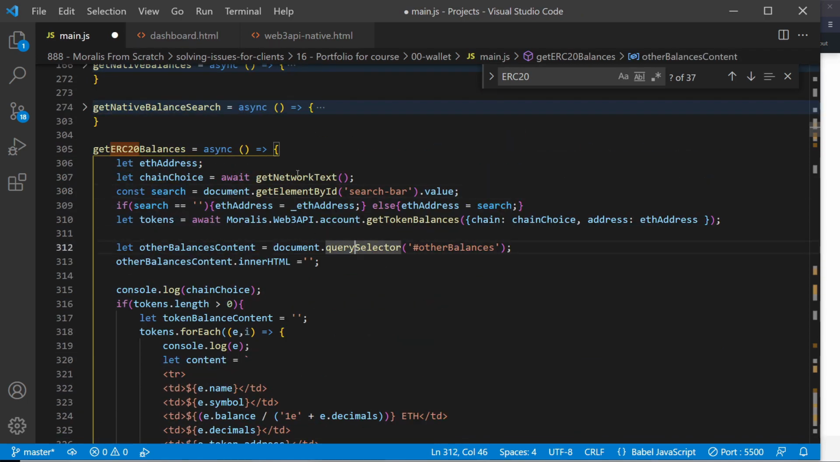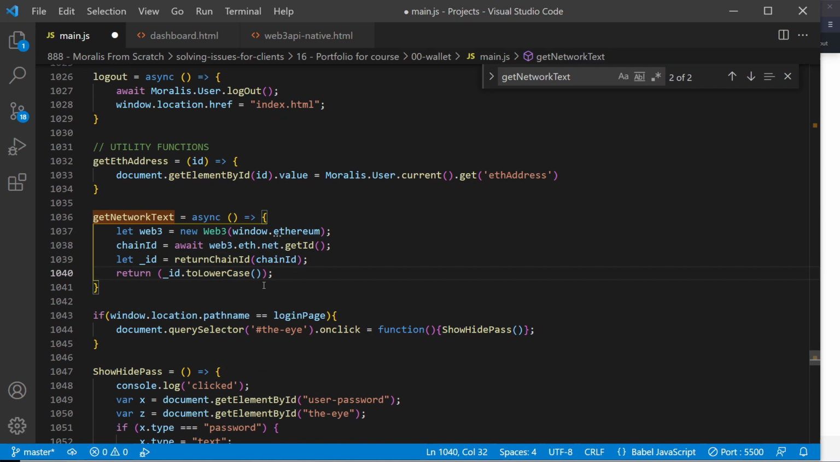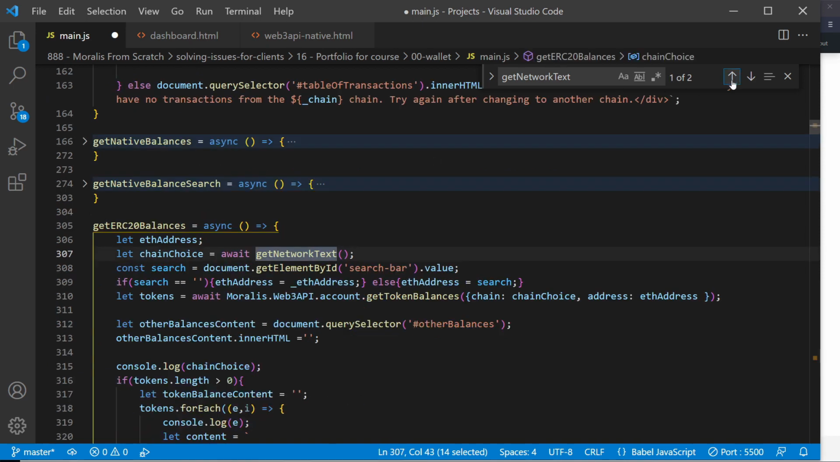Now, I've written a function here called getNetworkText, which is going to utilize a WEB3 function in order to go and get and return the chain ID. So I've had to initialize WEB3, and then I have called to get the chain ID and return that back to this function here. And then by using the chain choice,